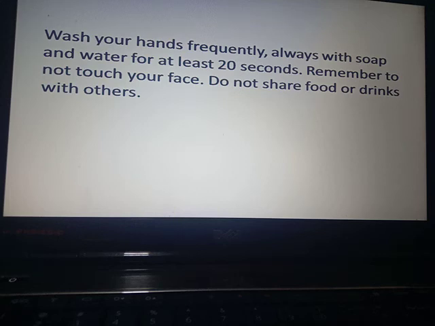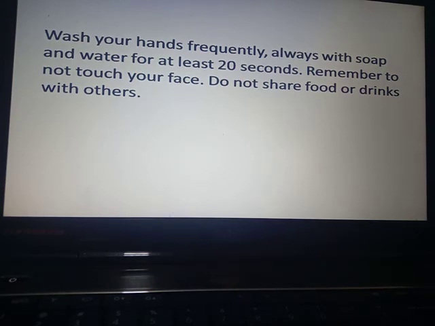Do not touch your face, eyes, or anything with your dirty hands. Do not share food or drinks with others, as it may contain virus.